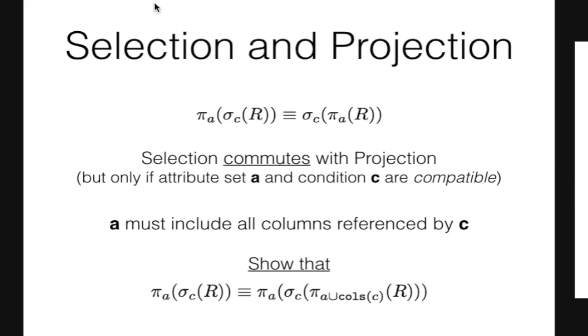The catch here is that the projection operator only commutes if you're not projecting away any attributes that are in the selection condition. In other words, if C depends on some attribute that you're getting rid of, this doesn't work. But assuming that that is true, then